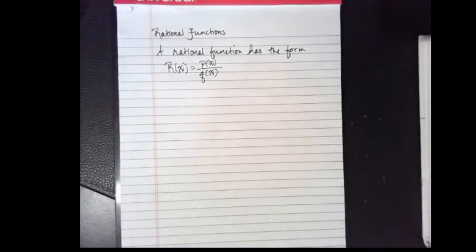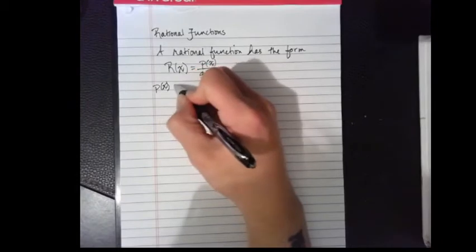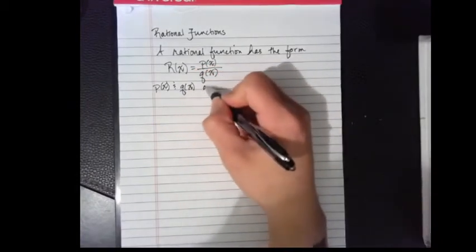So p of x and q of x are polynomial functions